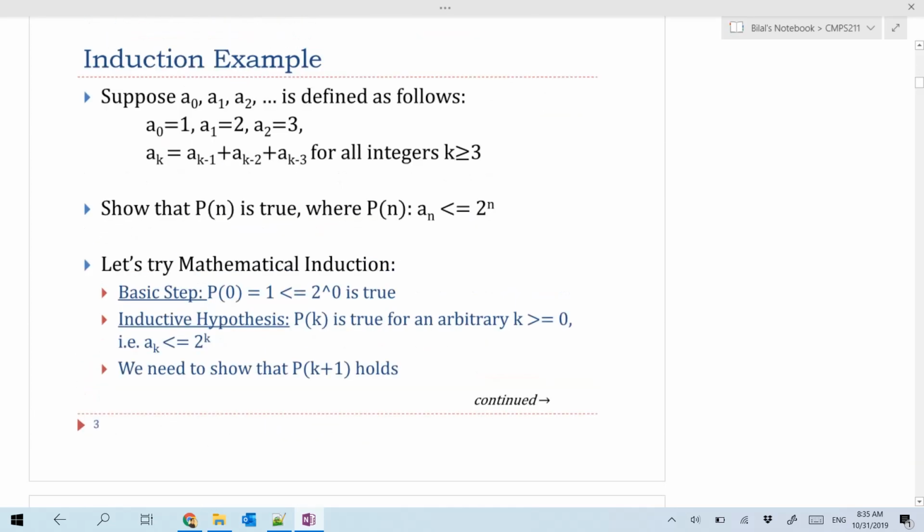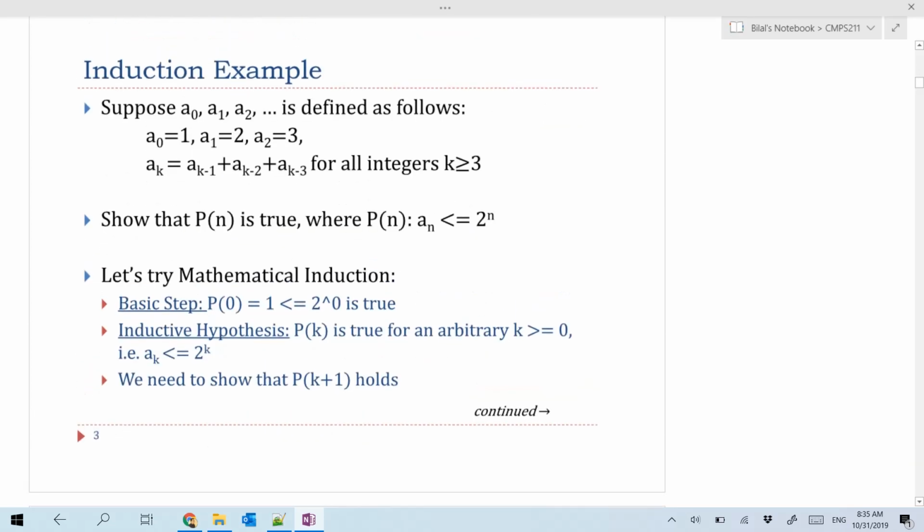And another example is this one, where you have a sequence that is defined based on the last 3 items in the sequence. So a_n is equal to a_{n-1} plus a_{n-2} plus a_{n-3}. In this case, if we want to prove this property, the fact that any item number n is less than or equal to 2 to the power n, then if we use mathematical induction only,